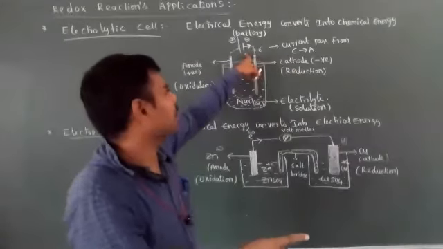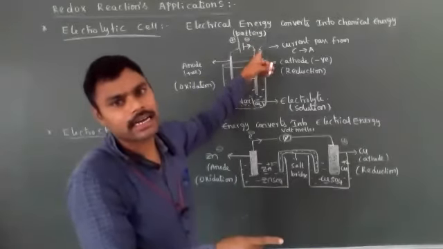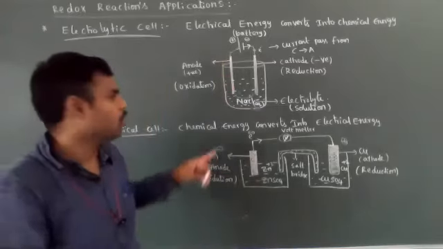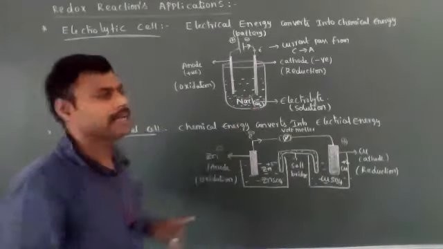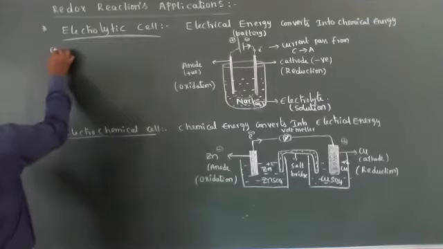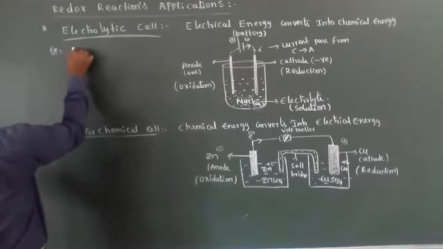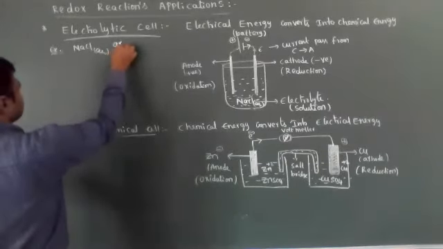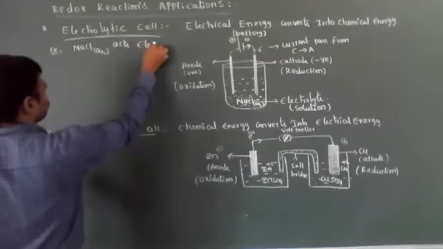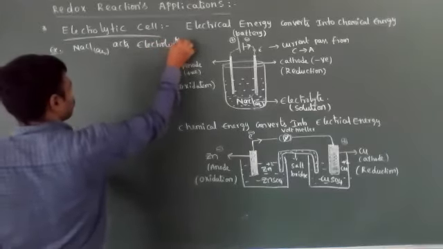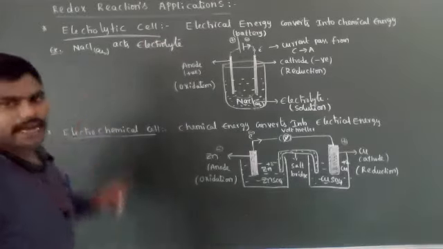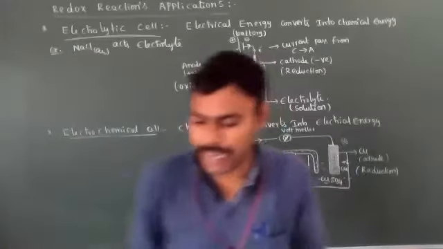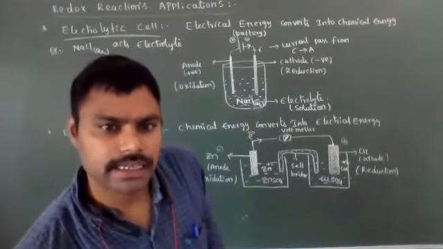So why are we connecting? Because the battery produces electricity or current. Then the current will flow from the cathode side to the anode side. Then automatically NaCl will be ionized. Aqueous NaCl acts as the electrolyte, which means after passing the current, NaCl will become ionized.